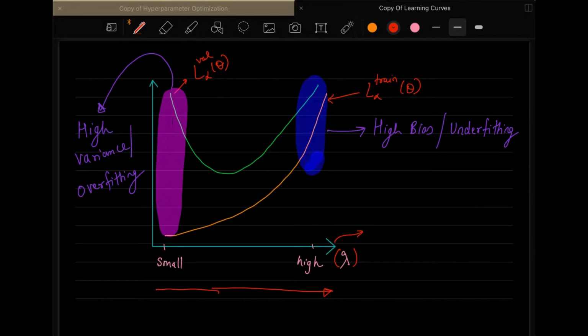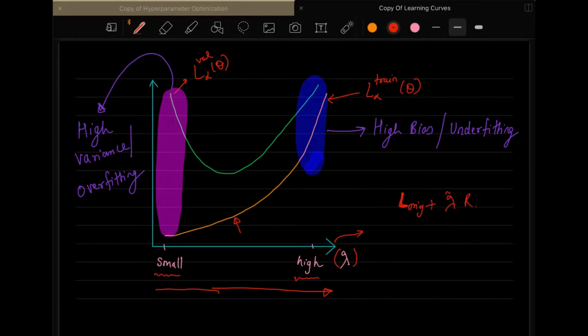And lambda is actually varying from a small value to a very high value. So you can see now when the lambda is small, the validation loss, as you can see from the green curve, will be very high, and the training loss will be very small, as you can see over here. This is quite evident also, as I told you last time, when you have a loss function,